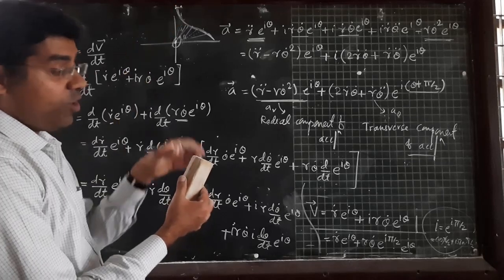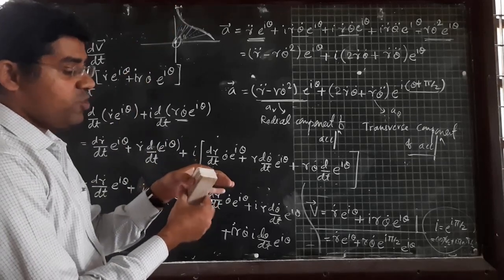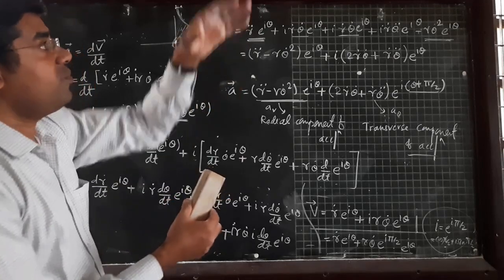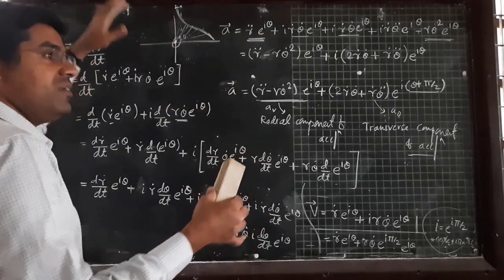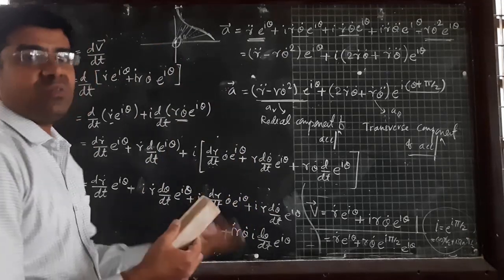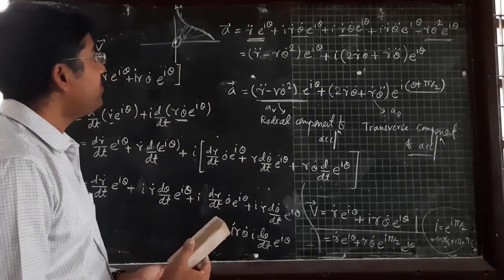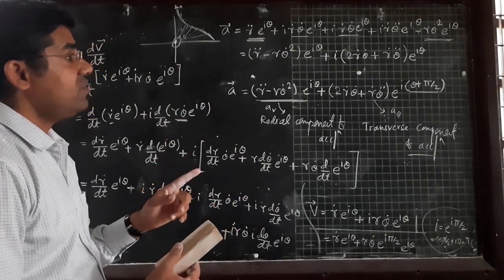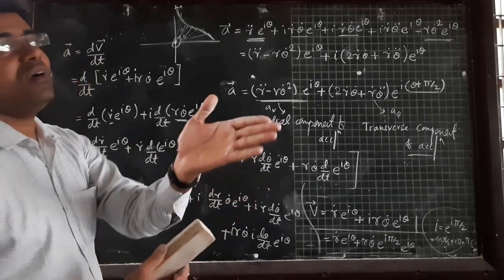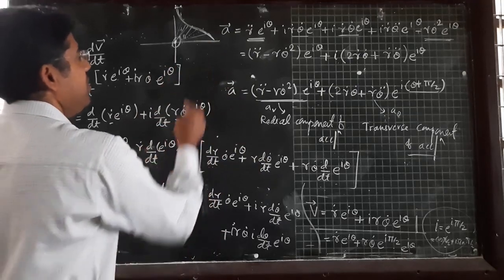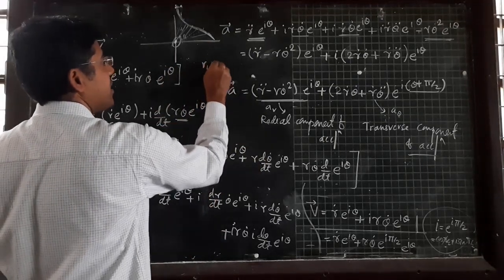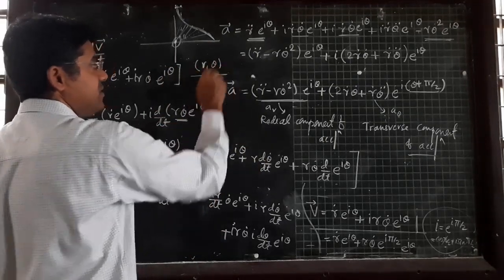Now the response should be very fast. If your object is moving very fast and the satellite is just doing this one, then the resolution is not good. Is that enough? So in that case, we will not go with the Cartesian coordinates. Here we should go with polar coordinates. So we have started with this particular thing.